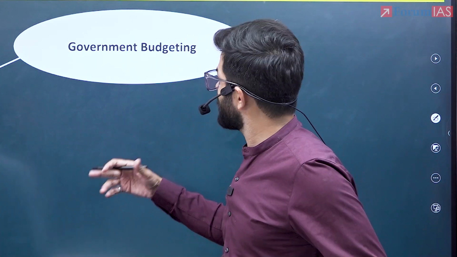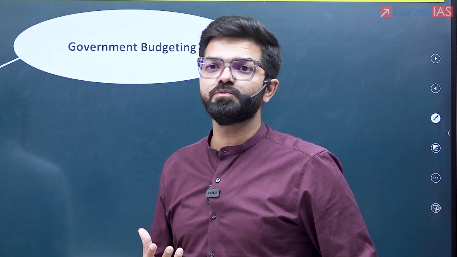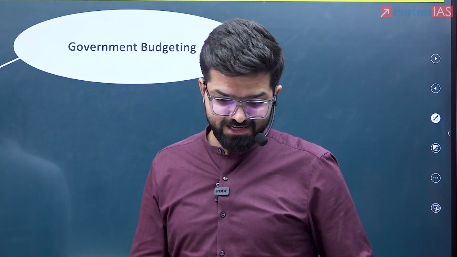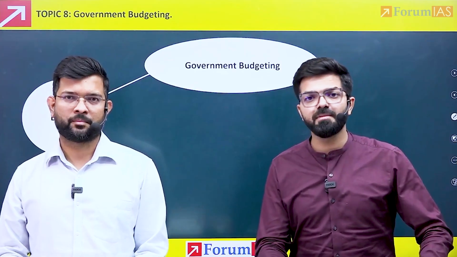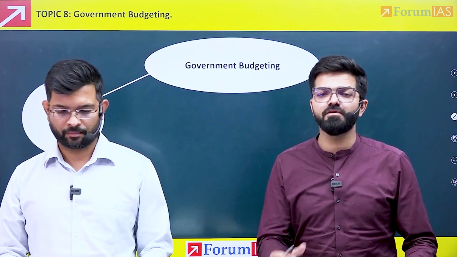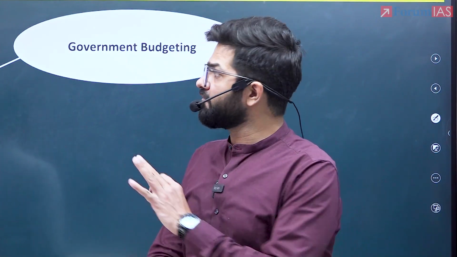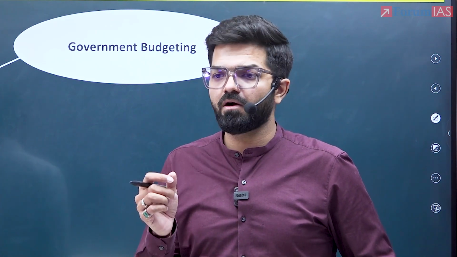Right, within this, you can also talk about government budgeting. What are the factors influencing it, domestic factors, international factors? Within domestic, you can talk about freebie culture. It has been in the news a lot. You can always talk about, let's say, how is coalition government influencing the government budget? Are we favoring one state or the other? Then you can always talk about one important factor, that is FRBM. Within government budgeting, FRBM is very crucial and has been our guiding force for fiscal prudence. Let's say RBI recently released a report regarding state finances.